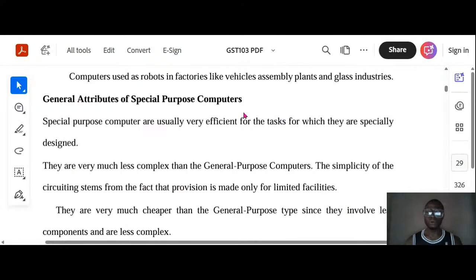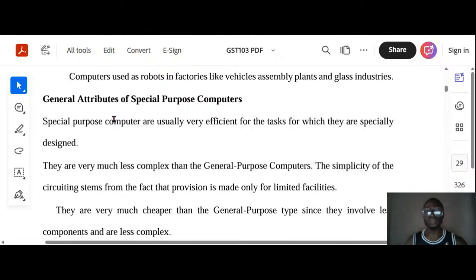Just give me 1 minute, you see it now. I want you guys to answer that. Let's see how far you people have gone. So the second one is general attributes of special. Okay, we are not on the second one yet. Oh, I think my screen is no longer showing. I will need to share that back. Those of you that are here to give my, you want me to end the video, Abby? Please, so give it a thumbs up. I believe I'm sharing the screen back, so it should be showing now.